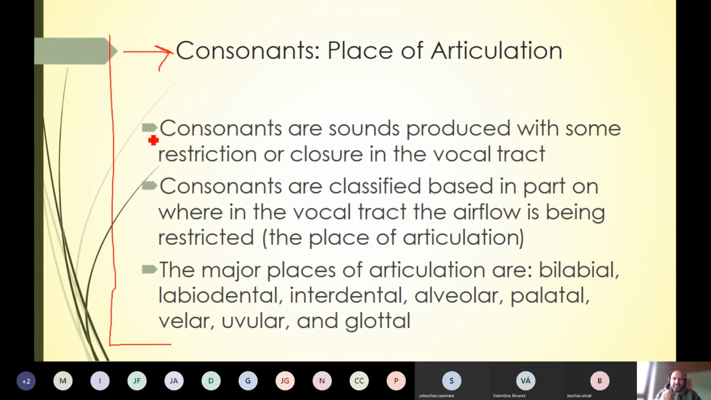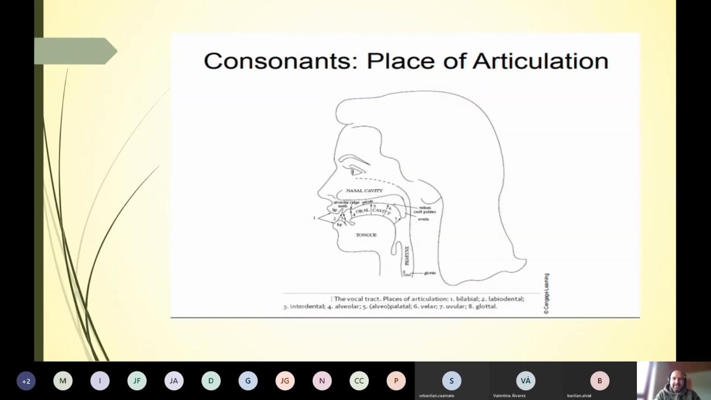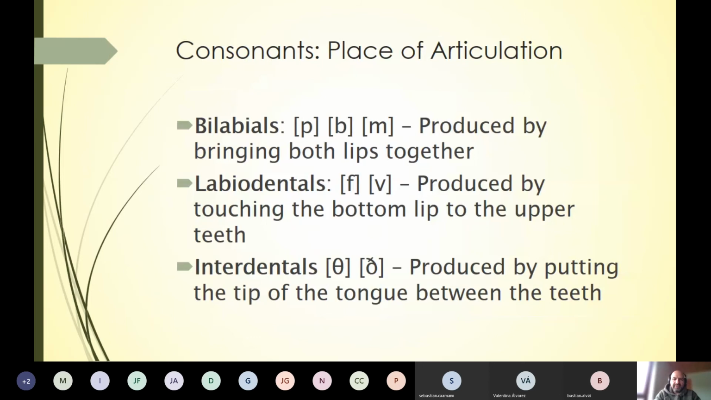When we talk about place of articulation, we refer to how the articulators are positioned to produce the sound. So we talked about bilabial sounds, labiodentals, interdentals, alveolars, palatals, velar. We did not talk about uvular sounds, and we talked about glottal sounds, right? So we mainly talked about the ones mentioned before, except uvular, right? And as a reminder, we talked about these concepts, right? Bilabial,